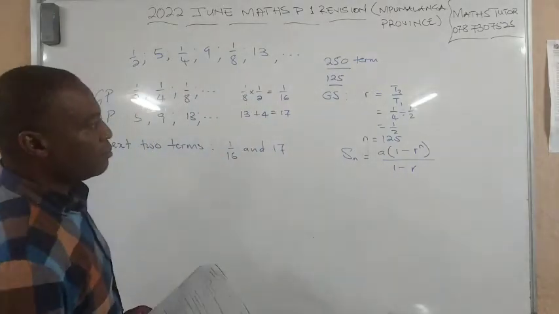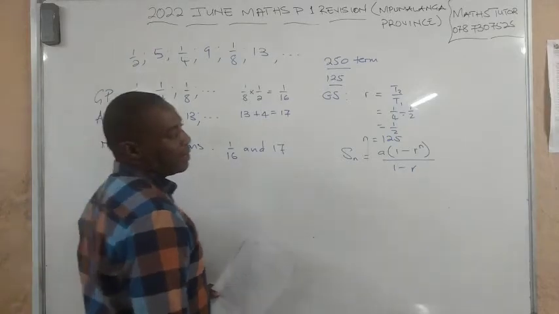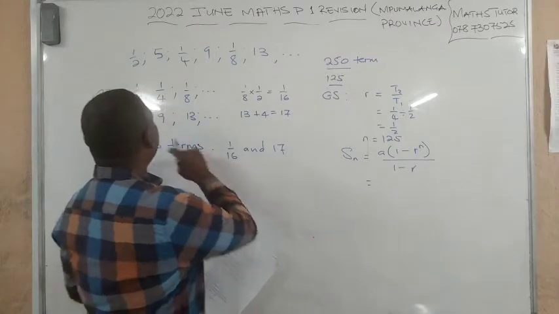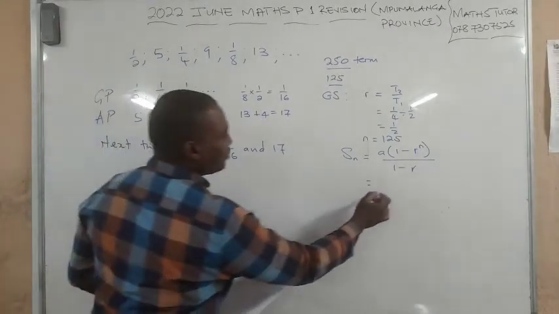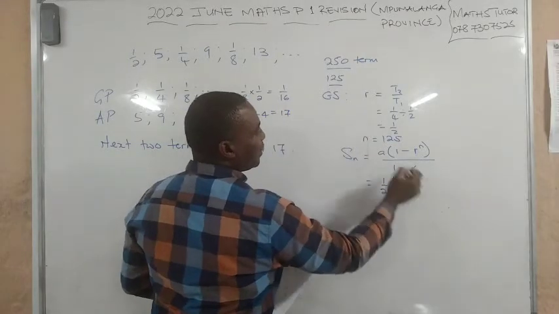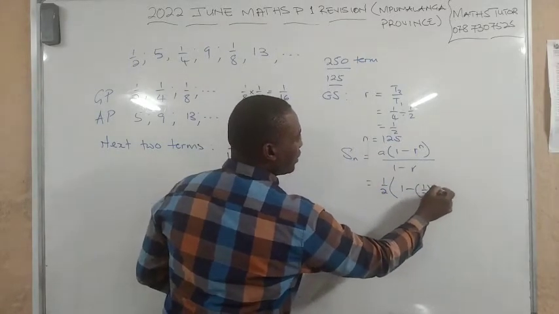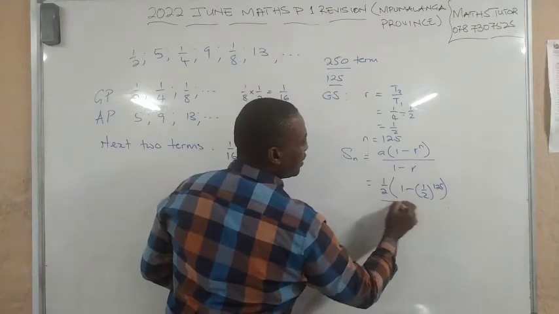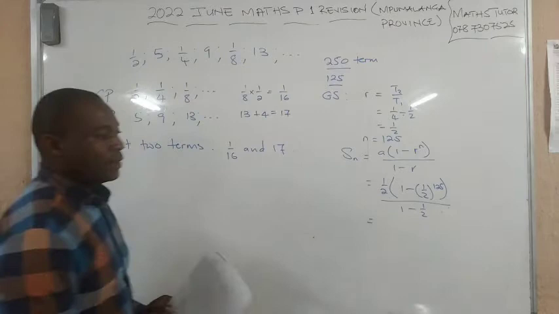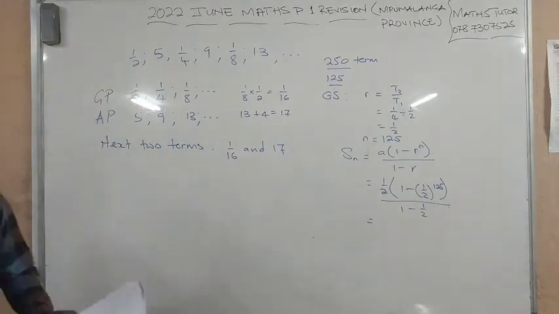We choose this because our r is less than 1. So we do the substitution. Our a is half into 1 minus half raised to the power 125, divided by 1 minus half. Then we substitute this into the calculator to get the answer,